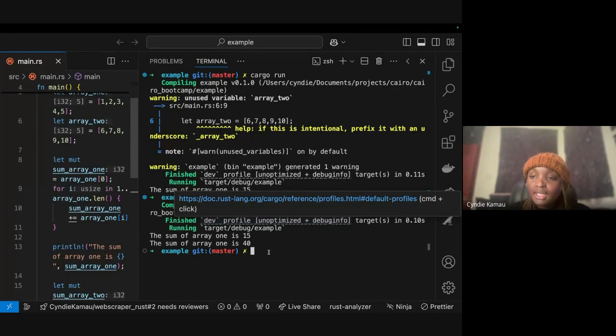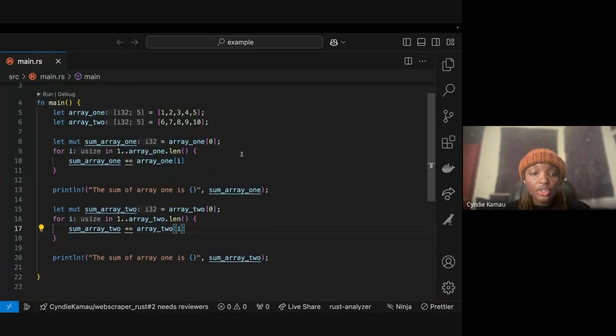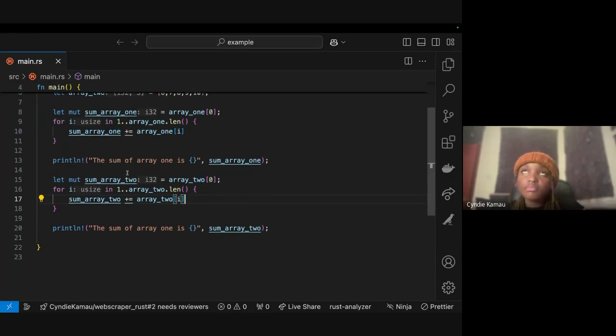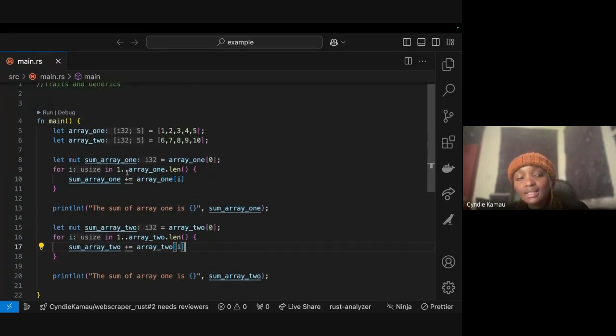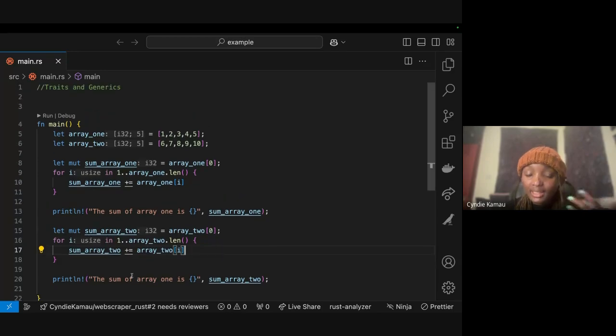But now imagine you're writing a program and you have 1,000 arrays. It's not good practice. It will be very redundant to continue writing all this code, right? So what is the very basic thing someone would think of doing? Writing a function which will specifically handle adding arrays, right? That would be the first step someone would think of doing, because if we have 1,000 arrays, we would have to do this repeatedly, and that is not a very productive way of writing code, right?